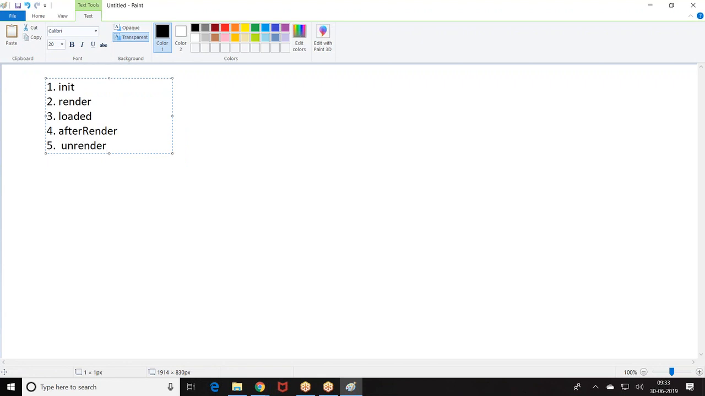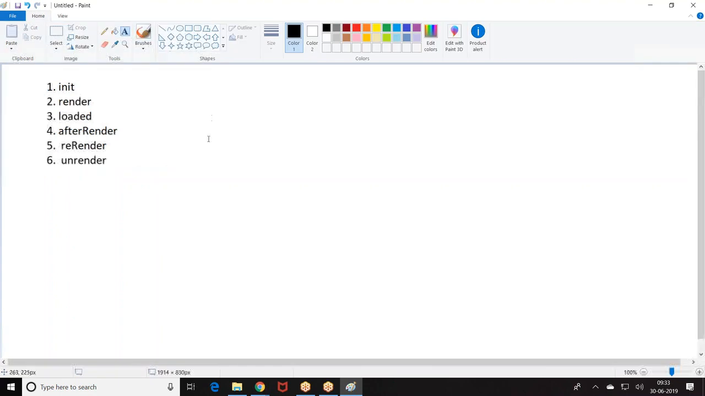What is the life cycle of every component? Init, render, load. Okay, load the element. After render, re-render, then we have unrender. So these are the elements we have. Now the point here is, if you look at the component,